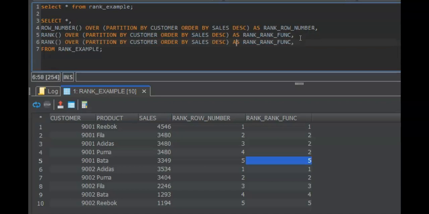Thankfully we have the same syntax for it as well. The only difference is we will be using a different function known as dense rank. Let's remove the comma and re-execute and give it a different name, rank using dense rank function.